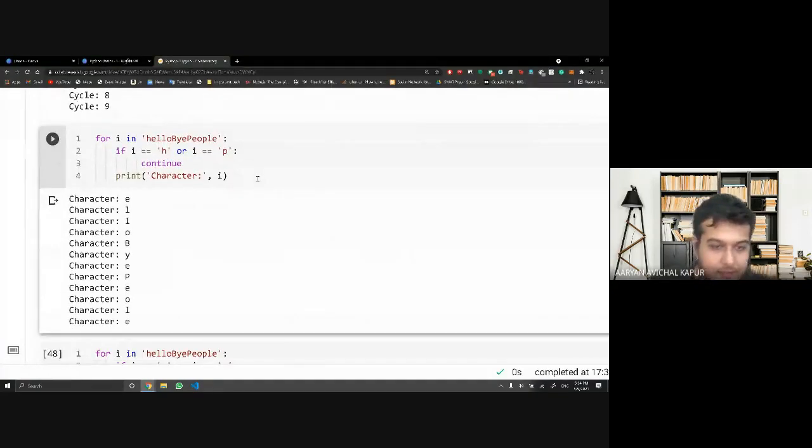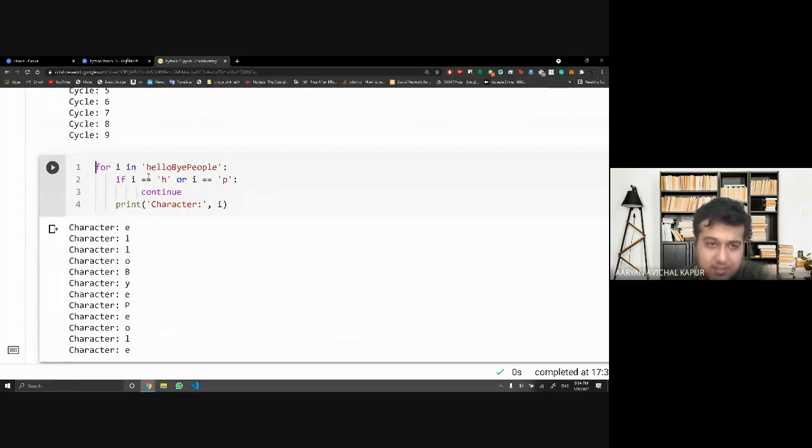If I give you an example here, you can see for i in this, if i becomes H or i becomes P, I continue. What it does is it skips that iteration, it moves to the next one. Once I do continue, it did not go to the next line of code, it simply moved to the next iteration. So first i became H, and then it said continue, so I moved, i became E. Then it did not go into the if, then it printed. It kept on happening till i reached small p here. And then it again gave me a container. So I can see LO by PEOLE. The P is kept.